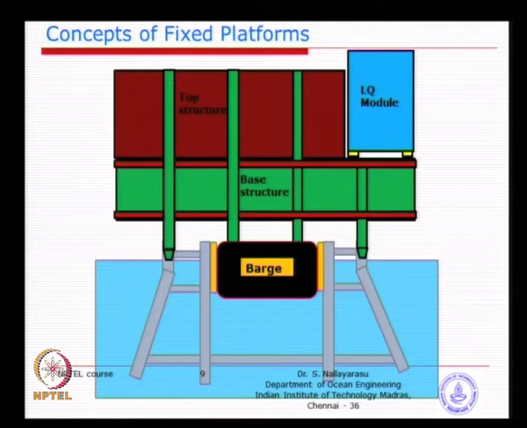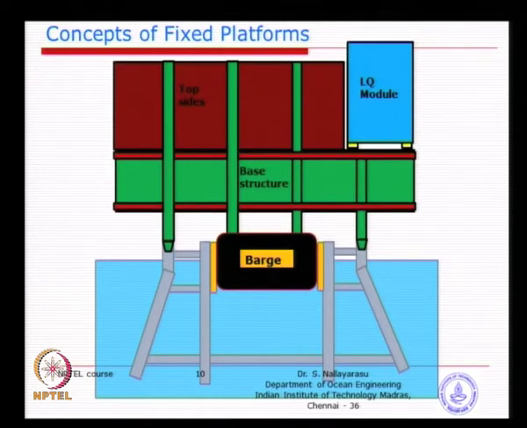So, we will do incremental steps, say half a meter wave height, everything is okay, 1 meter wave height, 2 meter wave height. Then you find out which provides a reasonable sea state in which you can install. Of course, no wave height would be the best situation, but then you will go to the field and wait for a very long time, and there may be no wave for, say, 3 months. That is why you have to allow for higher wave height, but then you have to work out accordingly. That idea is called a float over mating analysis. This whole process is called mating between the topsides and the jacket.